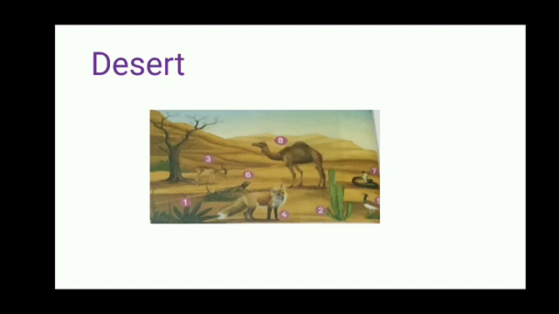Deserts are places where there is less water, so in this habitat live those animals who can survive without or with less water for a longer time. They have special eyes and thick eyelashes, so they can protect themselves from the sand of deserts. Common examples of these animals are camels, foxes, snakes and cactus plants, etc.